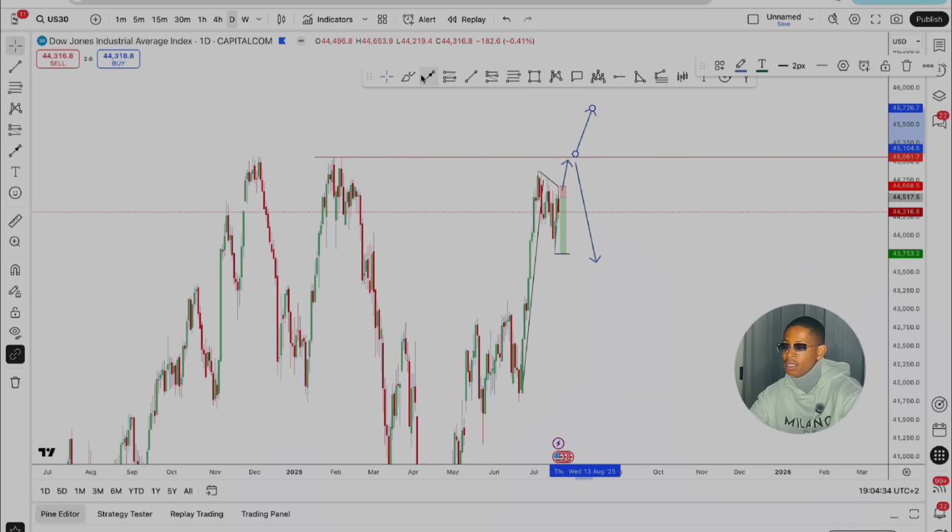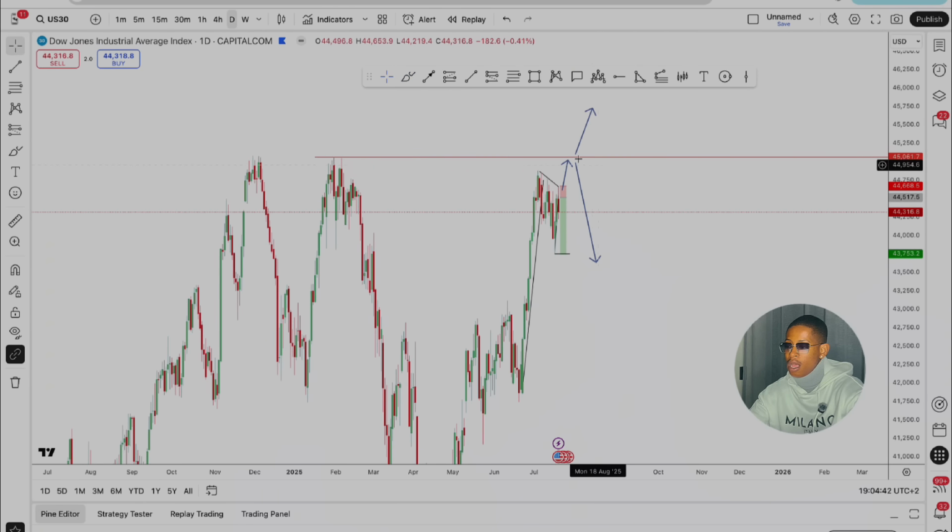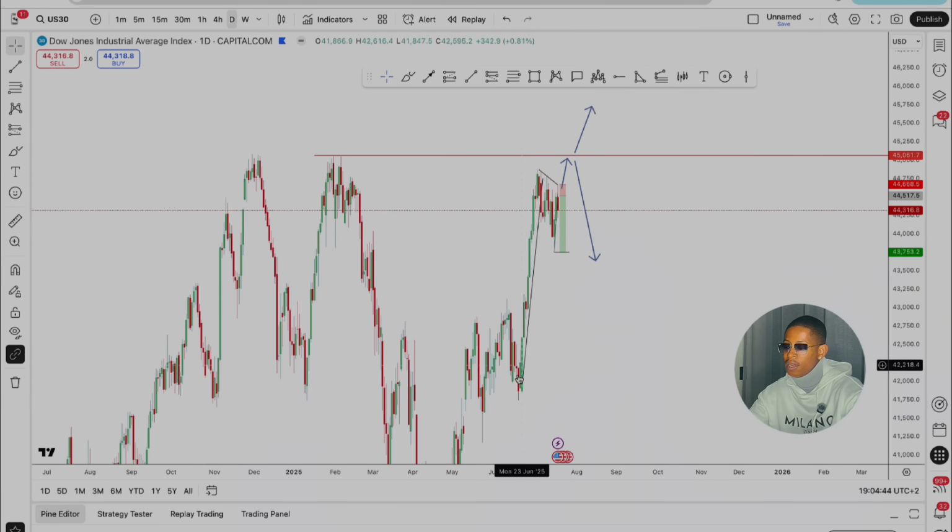But anyways, what's going to determine that is what happens throughout this area, you understand? So we can't really say until it does happen. But so far we can see also this impulse, this correction. So if we see another drop all the way down before we see a push upward. So yeah,